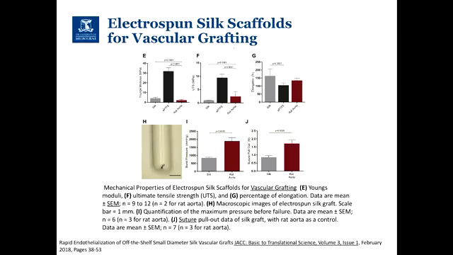So they're looking at the mechanical properties. Here, the red bars are a rat aorta. They've actually taken out the blood vessel that they want to replace and measured the same mechanical properties, as compared to the different materials. The grey bars are silk and the black bars are ePTFE. E is Young's modulus, F is UTS, and G is elongation, so the different types of mechanical properties.